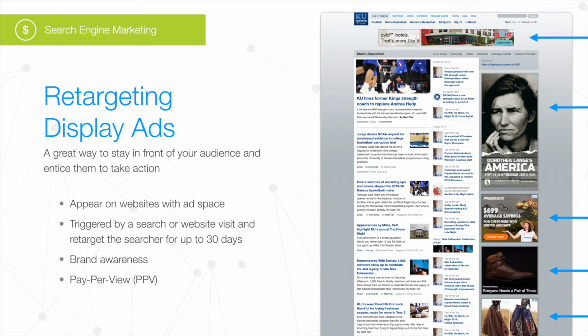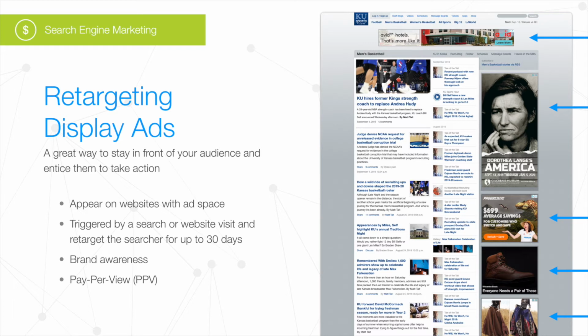All right, the second type of Google ads that you can do are retargeting display ads. So these are a great way to build brand awareness. They're more visual. Well, they're all visual. So basically what you do is you add retargeting in your Google dashboard, and then Google has a really cool little ad builder. So you don't even have to be a graphic designer. You basically just need photos and headlines and where to send the ad,